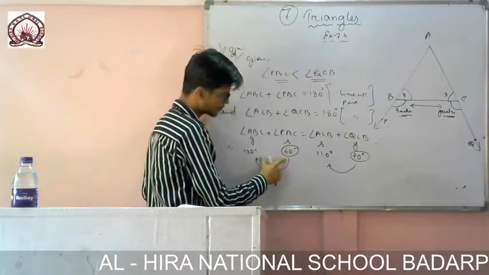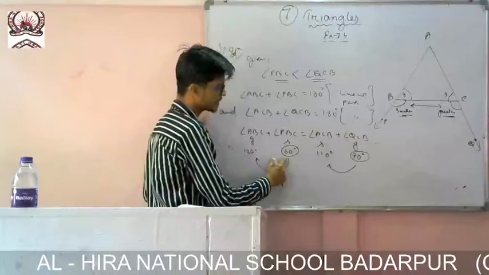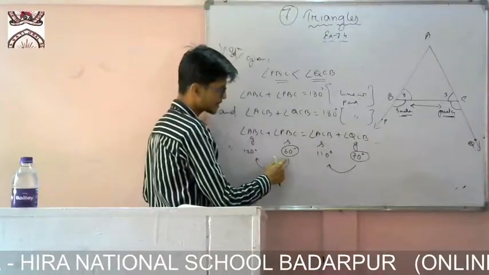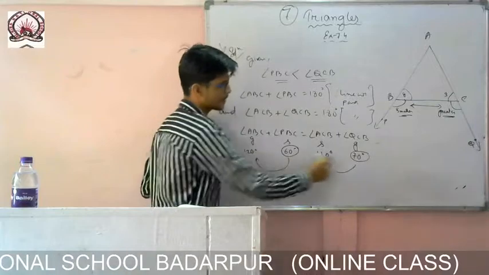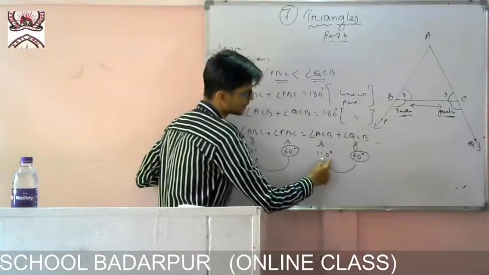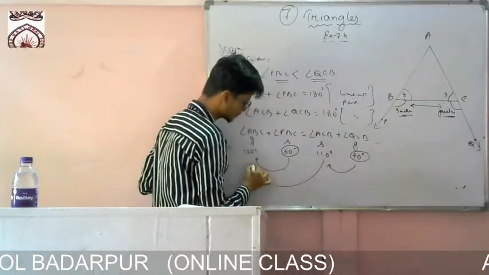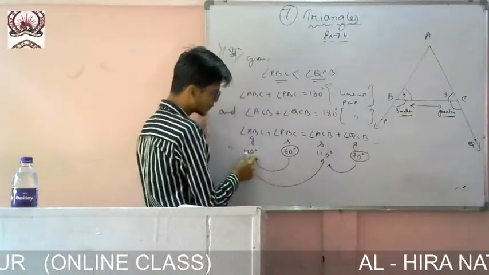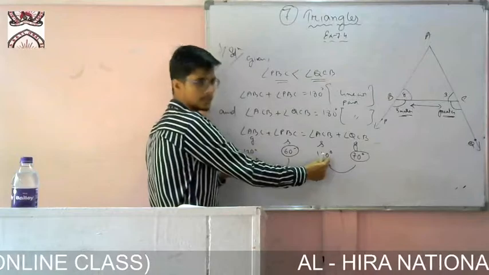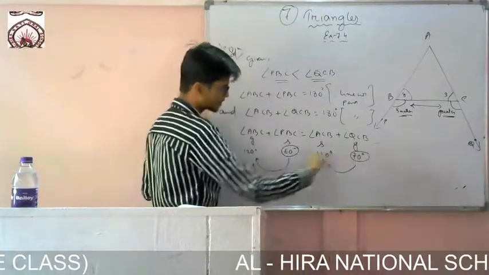So if the sum of two angles is fixed, and one is smaller than the other, say one is 60, then the other will be greater. If one is a greater angle, then the other will be smaller. If I compare the remaining two, you see this one is a smaller angle, and that one became 120, greater than this one, opposite. Okay.